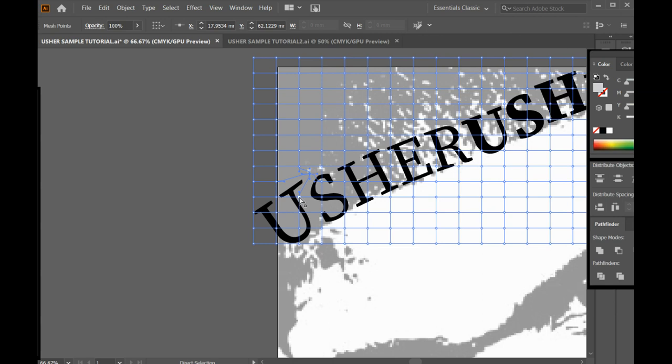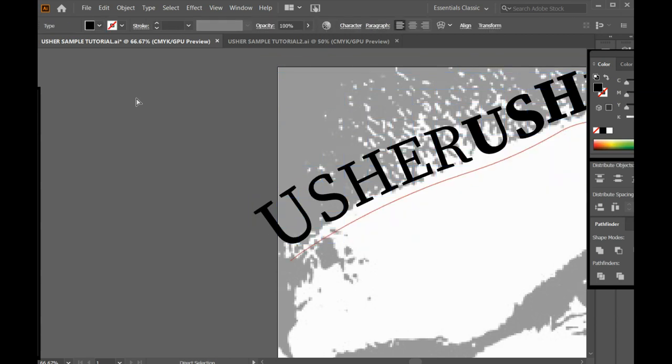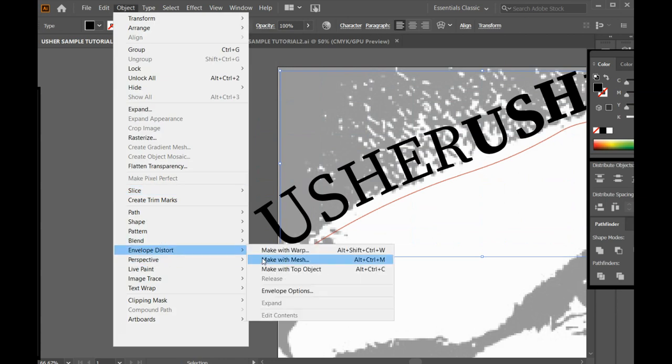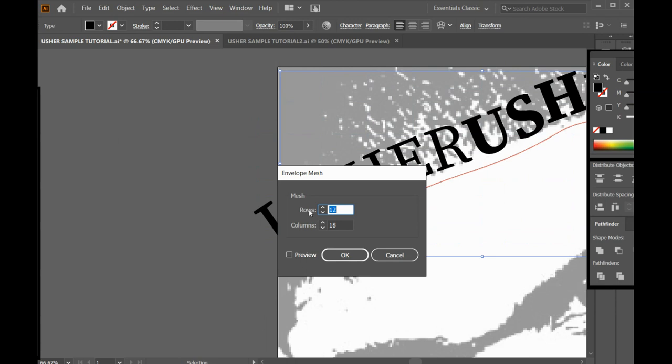Now I've made it a bit harder on myself to manage because what I've done is I've put a lot more grids in there than perhaps what was necessary. So I'm going to Control-Z and I'll show you. I'm going to go back to Object, Envelope Distort, Make with Mesh, and I'm going to go 6 and 9, and that will